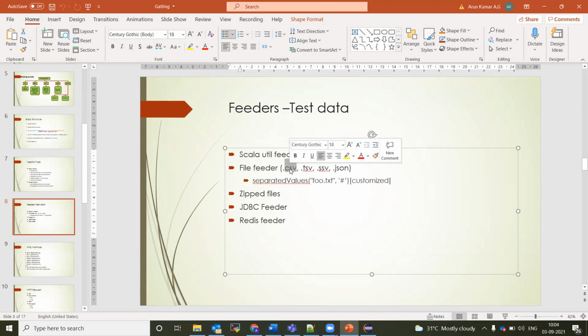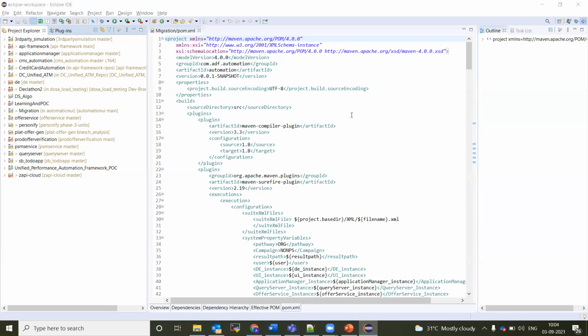You know about CSV, right? Comma separated value. Similarly, in the same Excel file, if you have tab separated value, it is TSV, so you have to give the value as TSV. And if you are using semicolon separated value, then we have to give SSV. I'll show you a few samples for that as well.